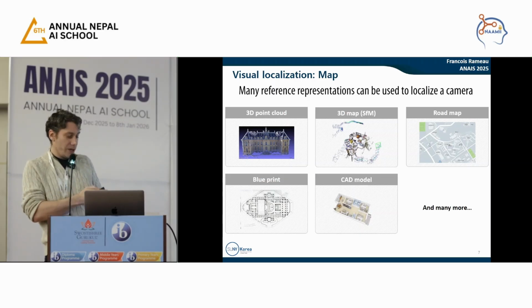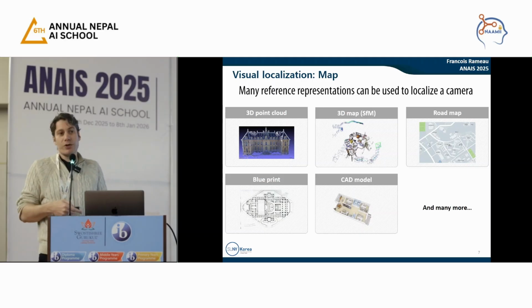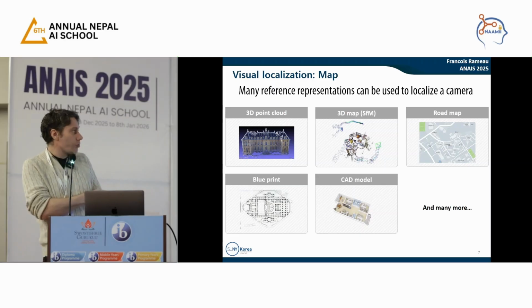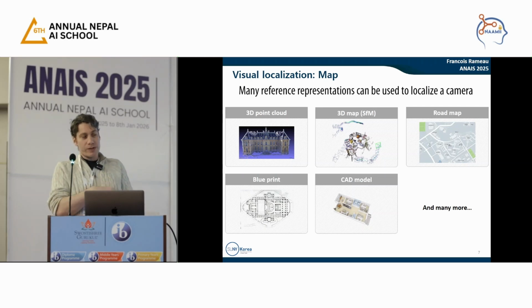So one example I gave before is a 3D point cloud, okay? Like this. And in that case, probably you will have to address 6 degrees of freedom. We will see another example that is much more common than just a 3D point cloud. It's basically what we call a structure from motion 3D map. And we'll discover that those kinds of representation are the most widely used for place localization because they contain very